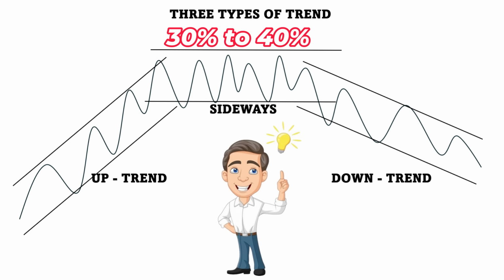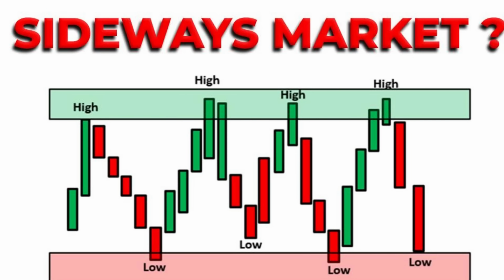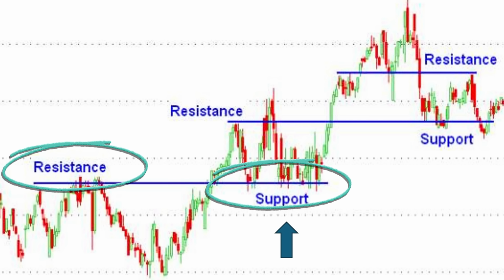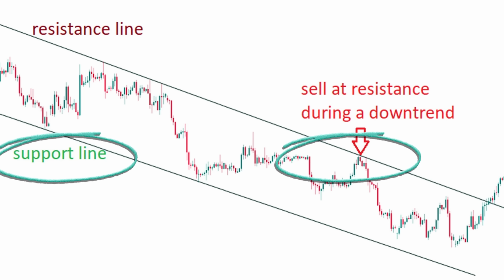So now, as a trader, you have to decide what you want to choose. Do you want to go with the sideways market where you will trade purely on support and resistance? Or you will go with the trending market where you will look at the trend and then look for support and resistance. That means if you're looking at an uptrend, you will look at an area where the resistance is getting converted to support. And if you're looking at a downtrend, you will look for an area where the support is getting converted into a resistance, and then you will trade.